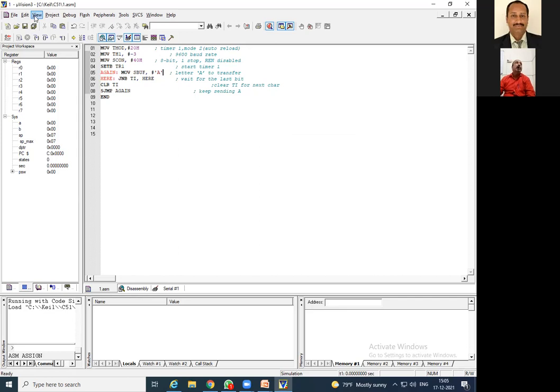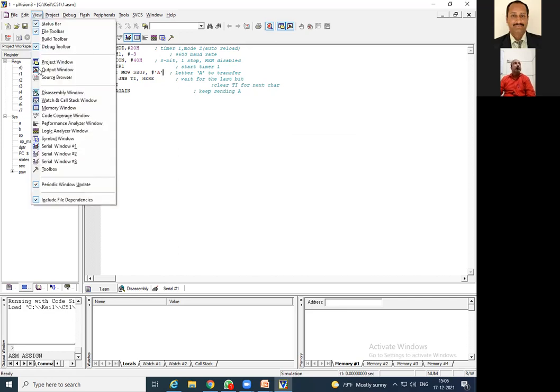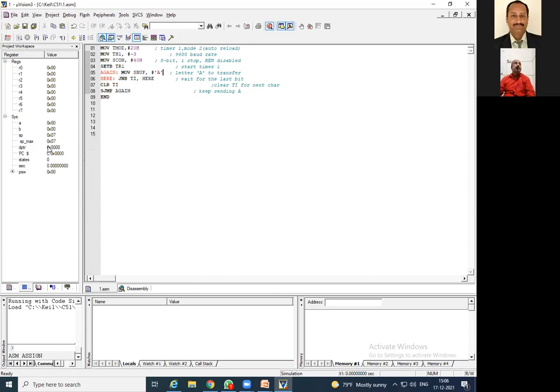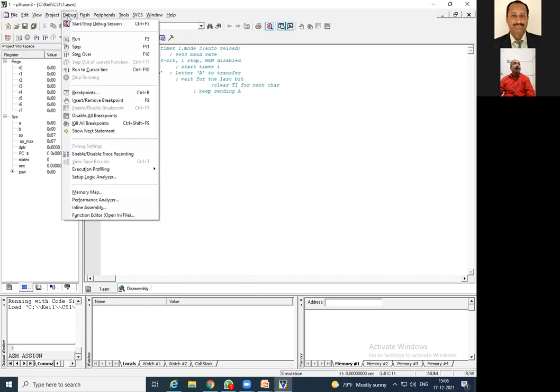Through this View menu there is serial window 1, serial window 2. Click on serial window 1 and it should appear over here.